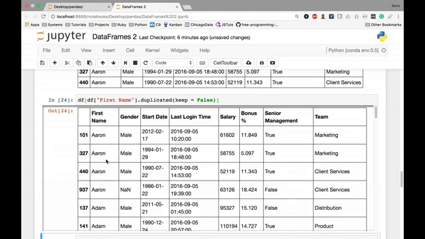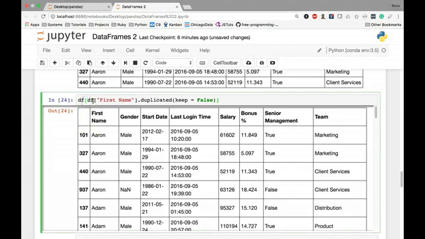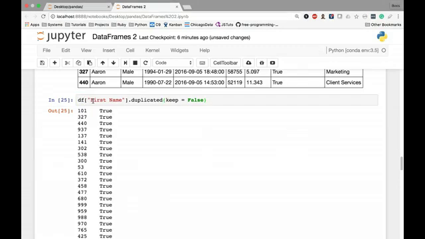Now, another common operation is, what if you want to remove all of the rows that are unique? So I want to only have the rows where there are no duplicate first names, just the unique names. They have to occur only once. So this is a little bit trickier, but I have here my original Boolean series that happened when I call the duplicated method. And as you know, it returns a true for all duplicate values. And whenever we pass a Boolean series to our brackets, it's going to extract all those rows where we have